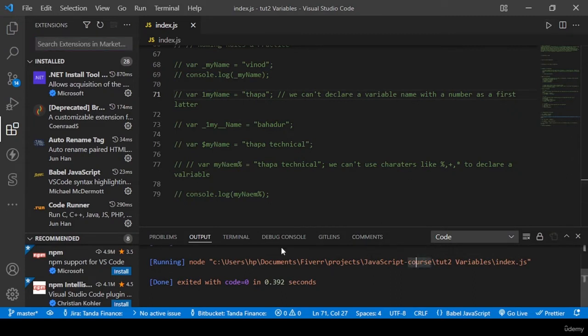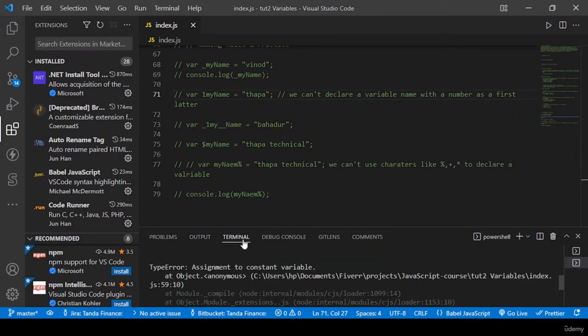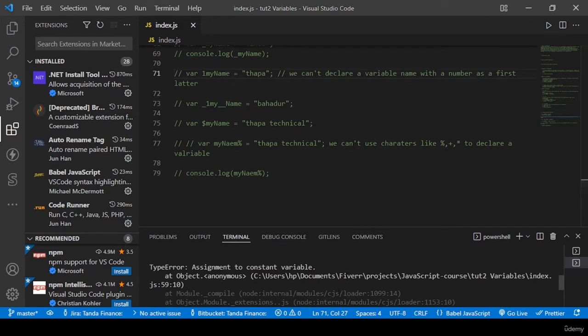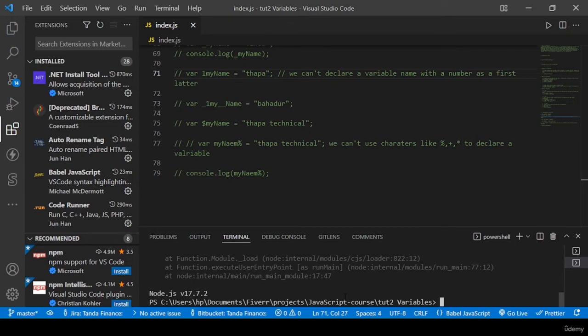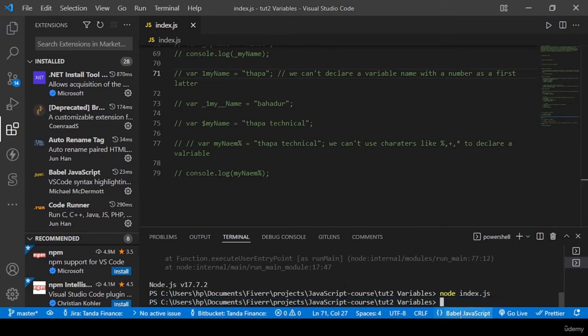Okay, so we will not need to write node index.js, right? Like we were doing before, like node index.js, right? So we don't have to write these words if we will use this extension here. Okay,